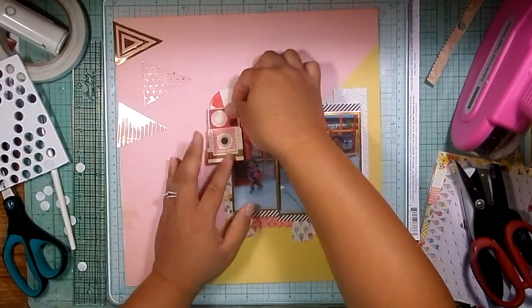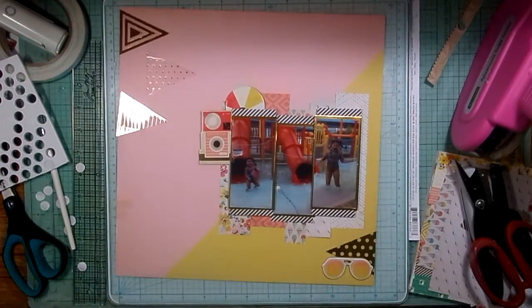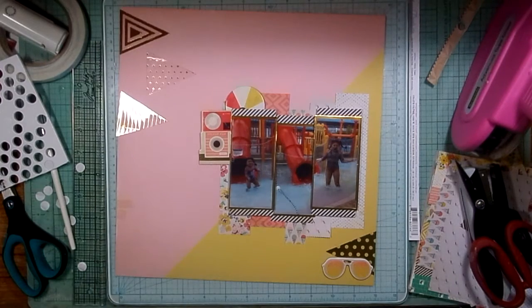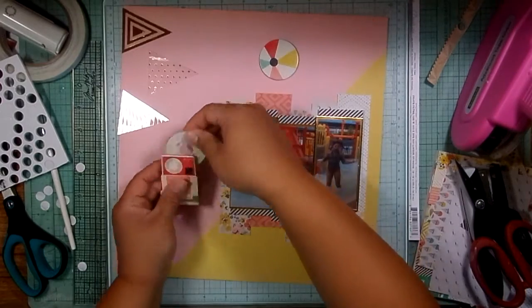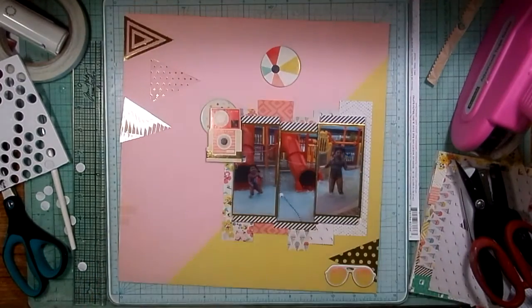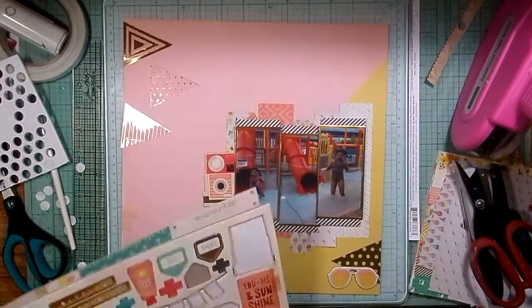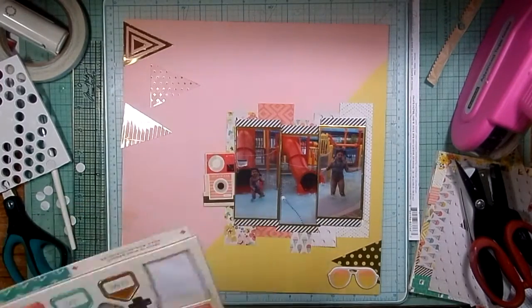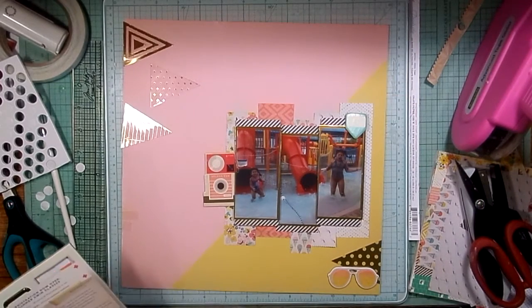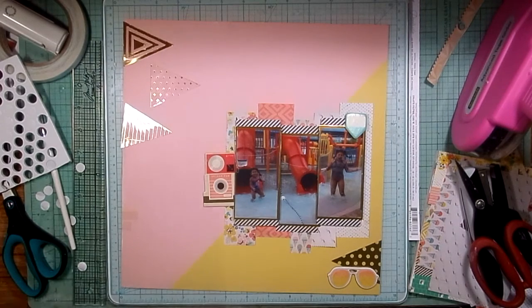I don't know for you guys, but for me, I have a moment where I look down and things are just starting to come together. And then after that, it just goes really easy. So I'm just waiting for that moment to come at this point. It's not here yet. I'm still struggling. I know I want to use that camera, but I don't want it to just be how it is right there. So I move on to something else and I pull out this chipboard little tabby arrow thing